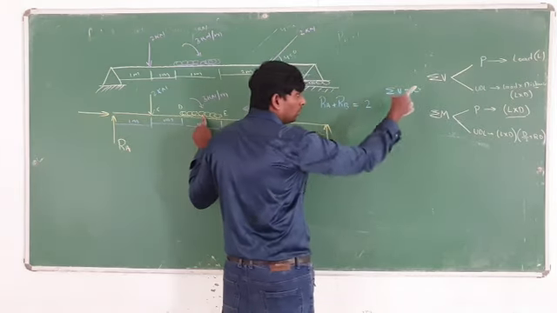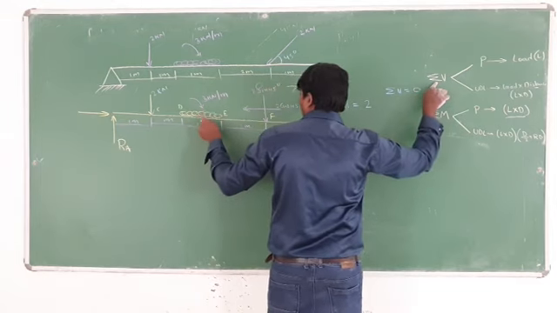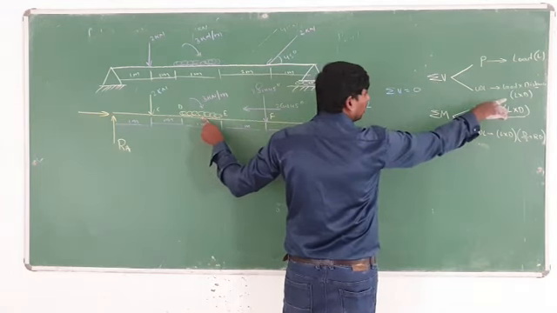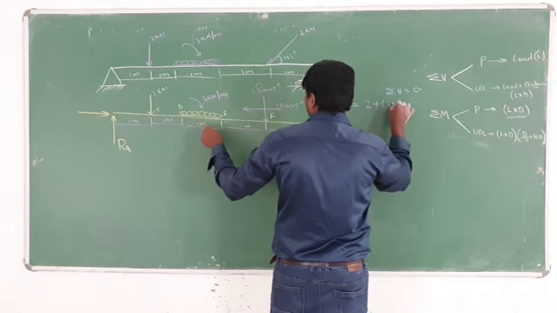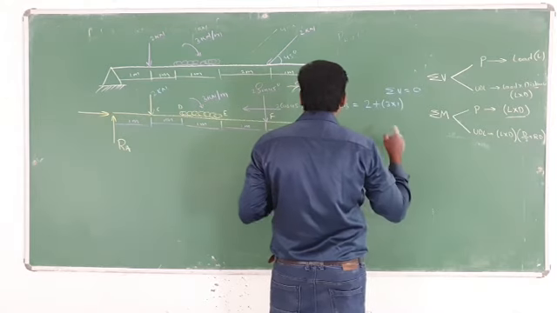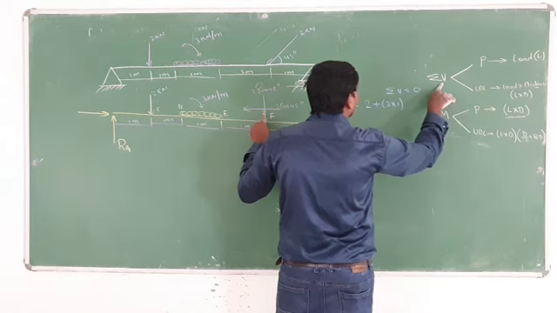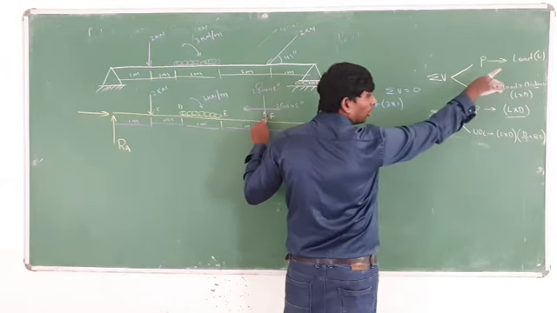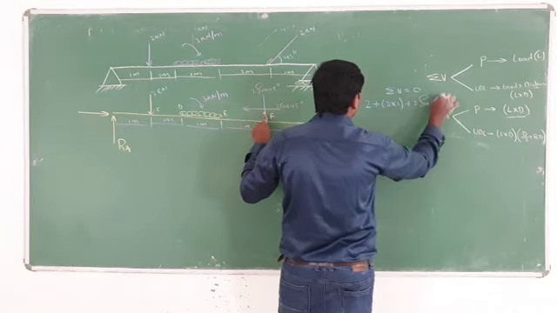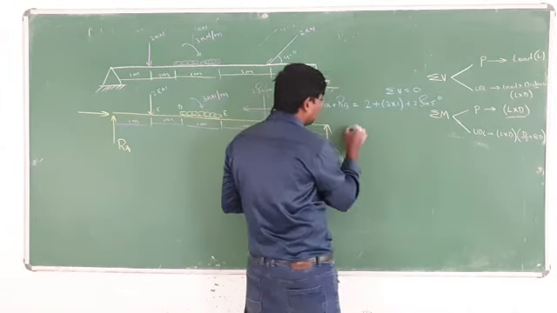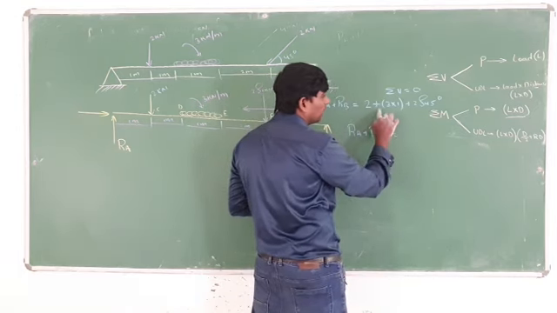What are we finding? Vertical. Which type of load is it? What is the formula? How much load is there? How much distance is there? 1. Which type of load is it? Point load. For a point load, what is the formula? Load. So here I will write 2 sin 45. Next step, RA plus RB is equal to 5 plus 2 sin 45.